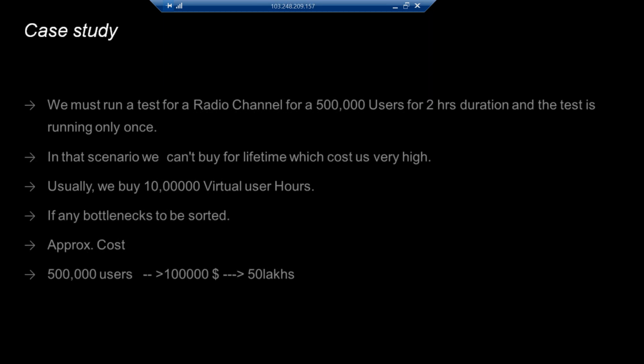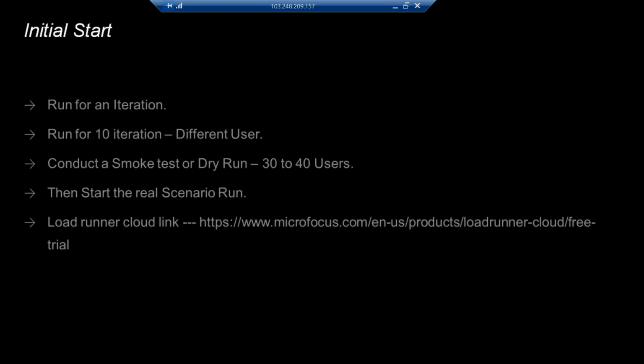There are no major changes, only minor ones. I am trying to explain my experience, which I have come across. I started the session, but it was theoretical only. Now I'll be navigating through Loadrunner Cloud.